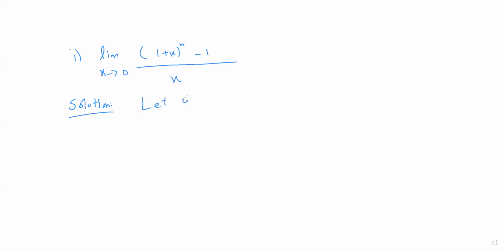Let's assume y is equal to 1 plus x, or x plus 1. So I assume that this, inside of the brackets, 1 plus x is equal to y. Then as x goes to 0, y goes to 1. So this limit will actually change to limit y goes to 1,